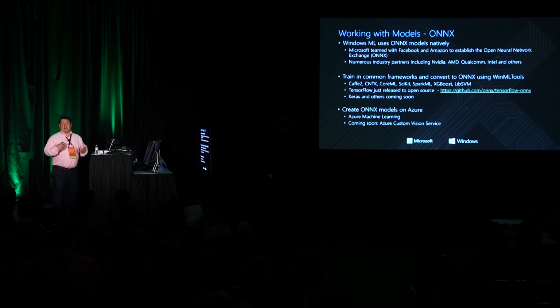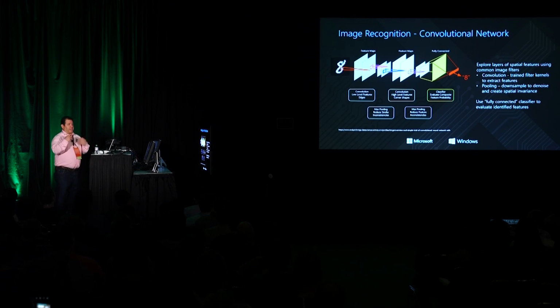You can also use cloud services. So you can use Azure Machine Learning, build a model in Azure Machine Learning and export it. And coming soon, the Azure Custom Vision service will allow you to basically just take data, provide it to them. Here's the photos of what I'd like to analyze, and they'll produce a model directly in the ONNX format for you. So using that ONNX model, the thing that really drives the heart of the system, from there, what we can do is bring that into our system.